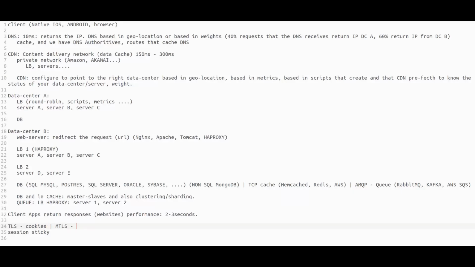The way that mTLS creates the session sticky is based on the certificate's client ID. So basically, when you have the handshake of the mTLS, each connection will have a specific ID. The client will have a specific ID. So this ID is what the load balancers use